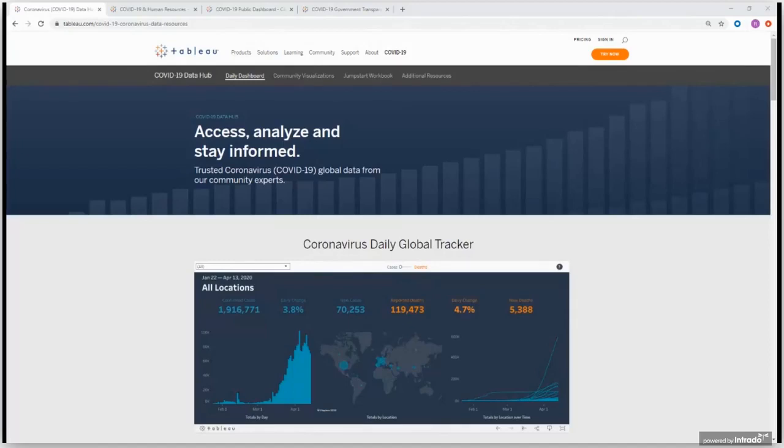For the next 25 minutes, we're going to walk through the Resource Hub and show how you can get started on your own analysis, beginning with some of the views today. Let's go ahead and start with the view that we have embedded right into the Data Hub, which is our